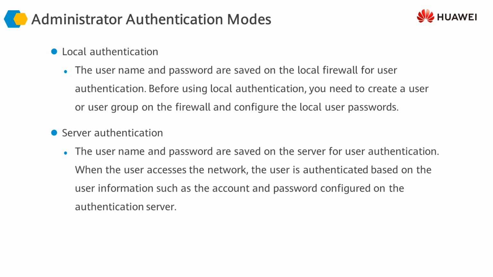In local authentication, both username and password are stored locally on the firewall, and the user is granted access after successful authentication using the local user database. However, in server authentication, username and password are created and stored on the external authentication server. When the user attempts to connect, credentials are sent to the external server, and on successful validation of username and password, requisite access is allowed to the user.